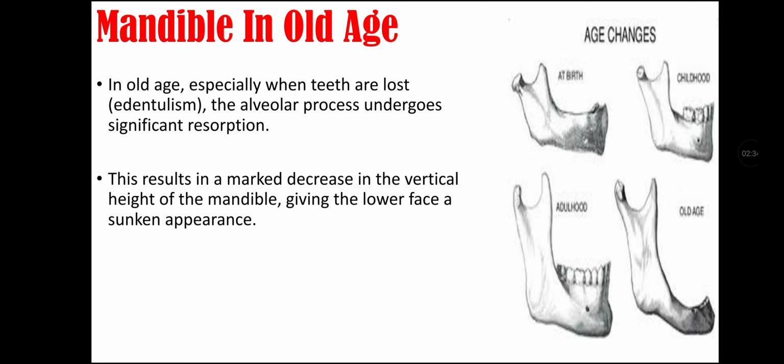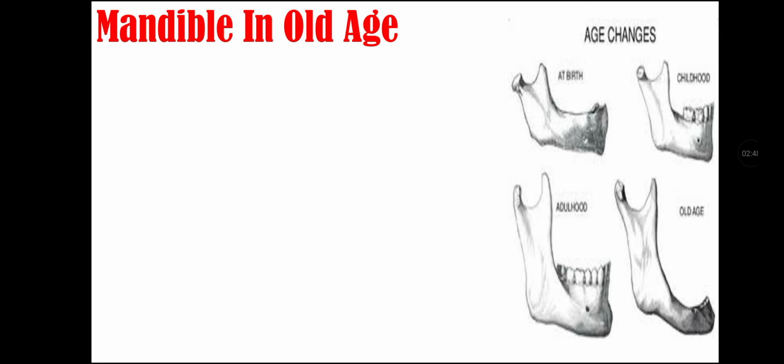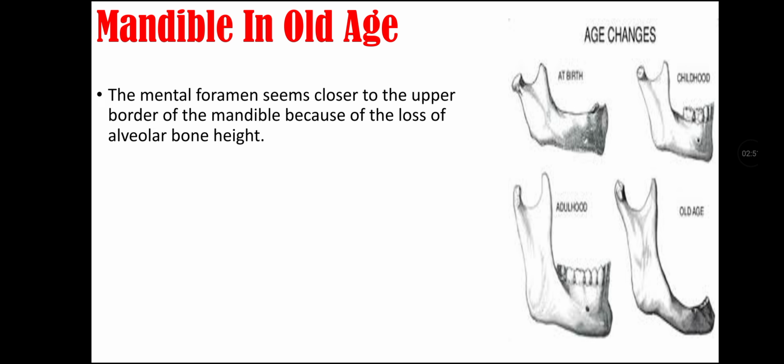This results in marked decrease in vertical height of the mandible, giving the lower face a sunken appearance. Mandibular angle becomes more obtuse again, often measuring around 140 degrees, and the chin appears more prominent due to bone resorption around the alveolar region. In old age, the mental foramen seems closer to the upper border of mandible because of the loss of alveolar